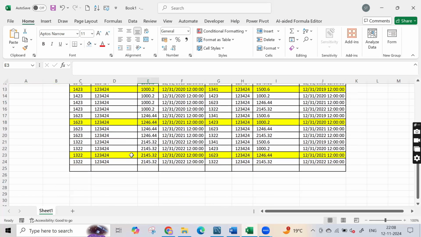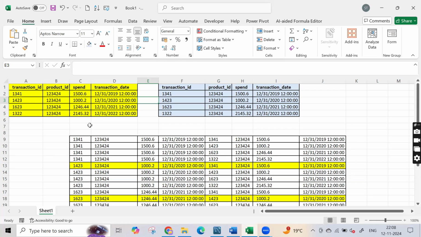I'll get this table here. If the product ID is this, and I'm taking this column, U1 dot product ID, and matching across this, since the product ID is the same, all these product IDs will be matched to this particular product ID